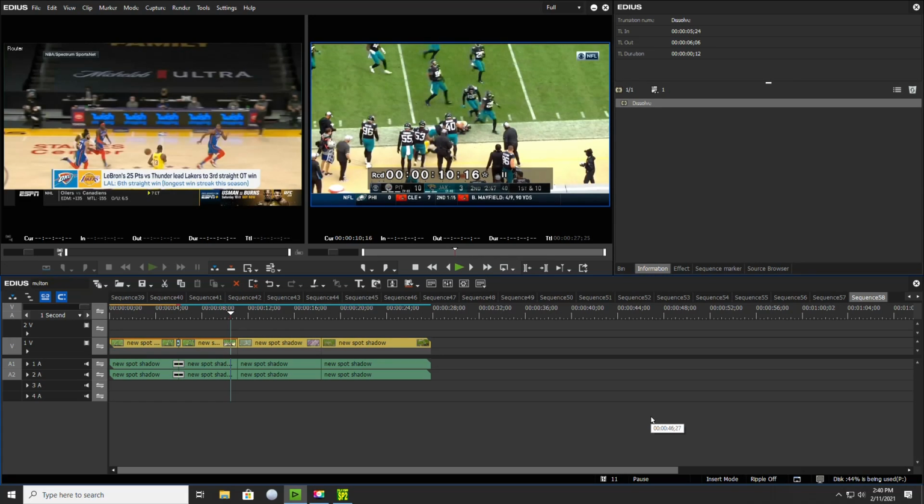So as you can see, spot shadowing is actually pretty easy. It's one of the simpler things that we have to do, but it should be a necessary item in your toolbox. I hope you've learned a little bit of something today, and until the next tutorial, catch you on the